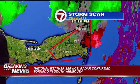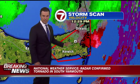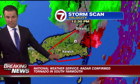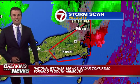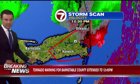In fact, we are beginning to quiet it on down. So you're technically still in the tornado warning from Orleans to Harwich, but the worst is now off to the east of you. Of course, not only do we have the strong velocities showing up on the radar, but we also had a radar indicated tornado debris signature showing up very close to the South Yarmouth area, and that did indicate